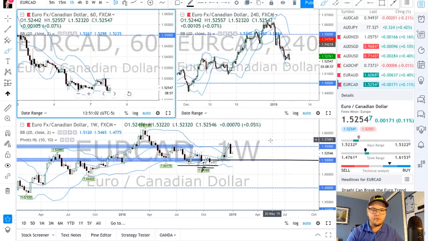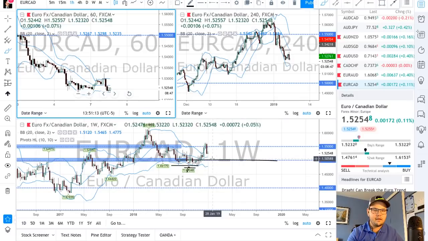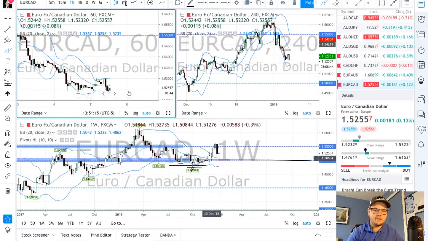Okay, so a resistance at 1.55, where we bounced a few times in the past, over here, over there, again over here. So pretty good zone in my opinion. The only thing you have to be careful of here is that earlier we were looking for a bullish setup at this zone at 1.50. So you just have to be aware of this zone, in my opinion. It's not a big deal. Just be aware that price might reverse there, and that might be a good place to put some partial profit. So from what I see, okay,